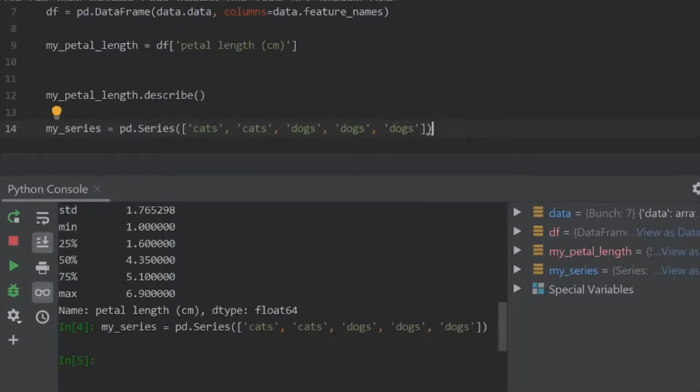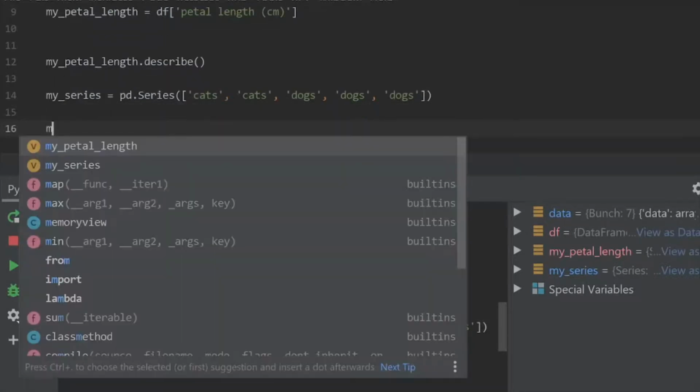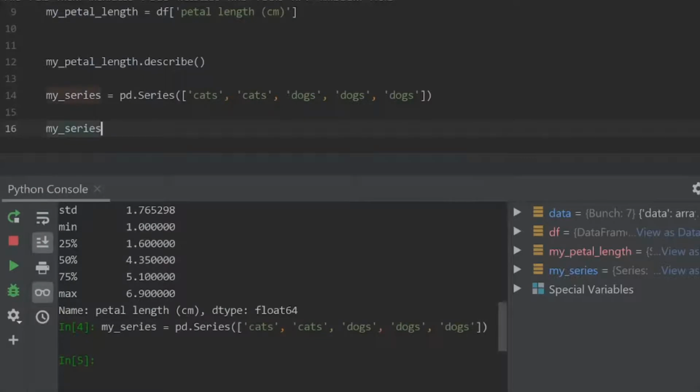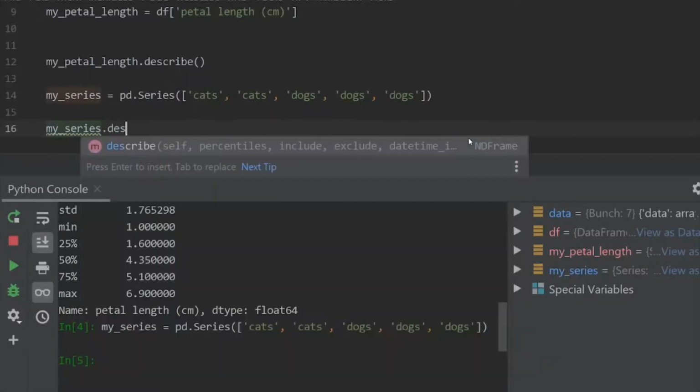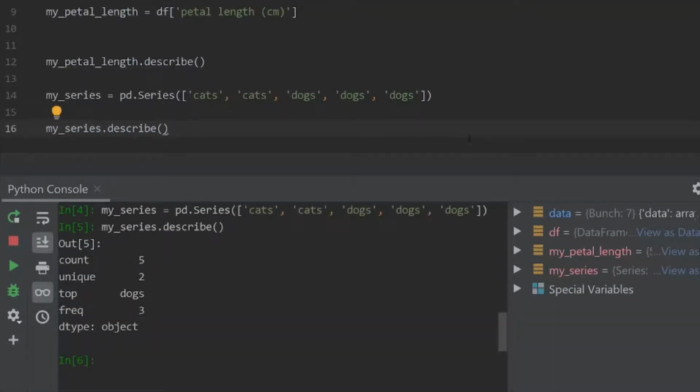Now that the series is ready, let's apply the describe method. Say myseries dot describe. Once we run this, you can see that the output that Python gives is the count, unique, top, and freq.